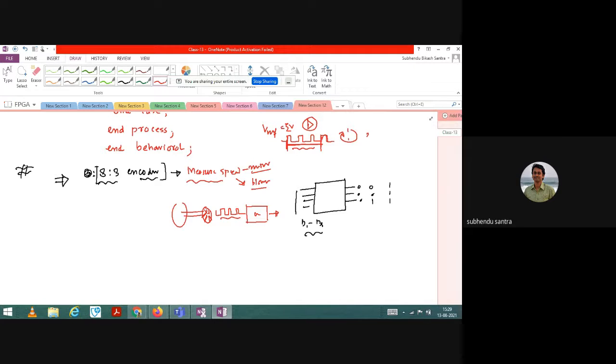So let us just write the code. I will not write the library part, I will directly write the entity encoder. What priority have you considered?